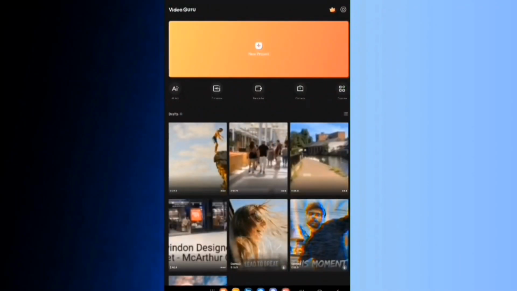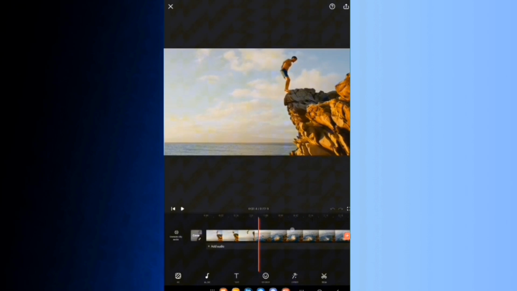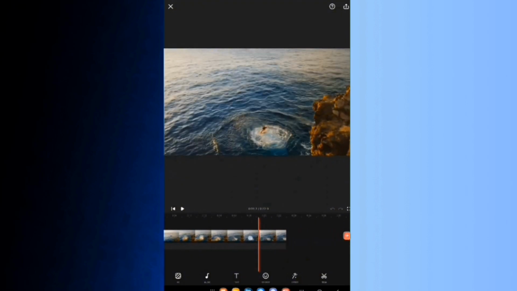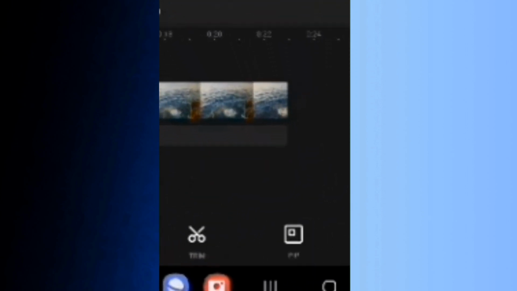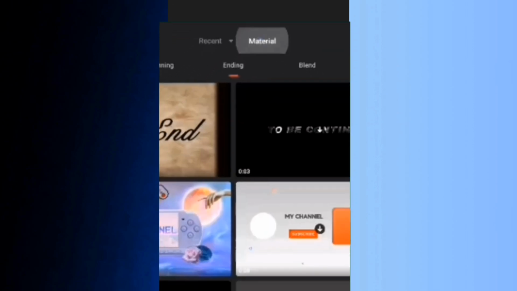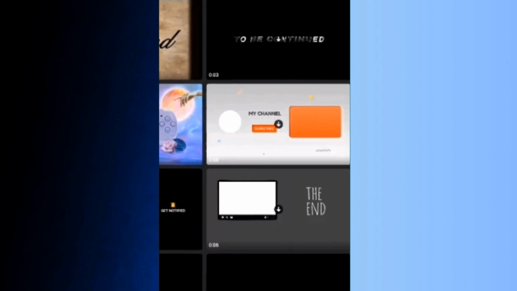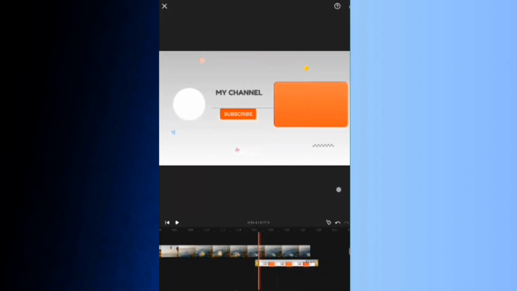In Video Guru Video Maker, we're going to add an end screen onto this video. So you tap on the video that you want to put an end screen on, move it along to the end and move it to a certain position. And then if you scroll along the bottom, then go to PIP, and then you go to material, and then you've got ending. And you've got these pre-made end screens, and you can expand it